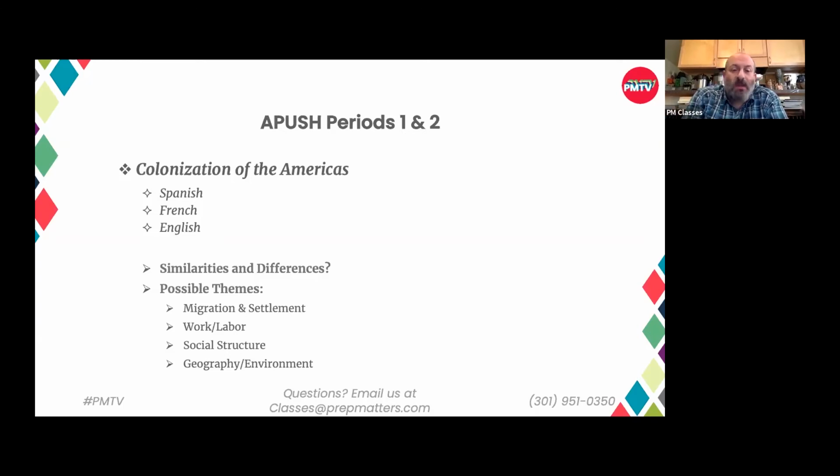I want to say briefly a few things about the French, but you may remember that the French were heavily involved in the fur trade and go further into the interior of North America. By and large, other than a few settlements around New Orleans and in Quebec, the French presence in North America was much more trading posts, especially for the fur trade, and was not as settler-based as the English turned out to be.